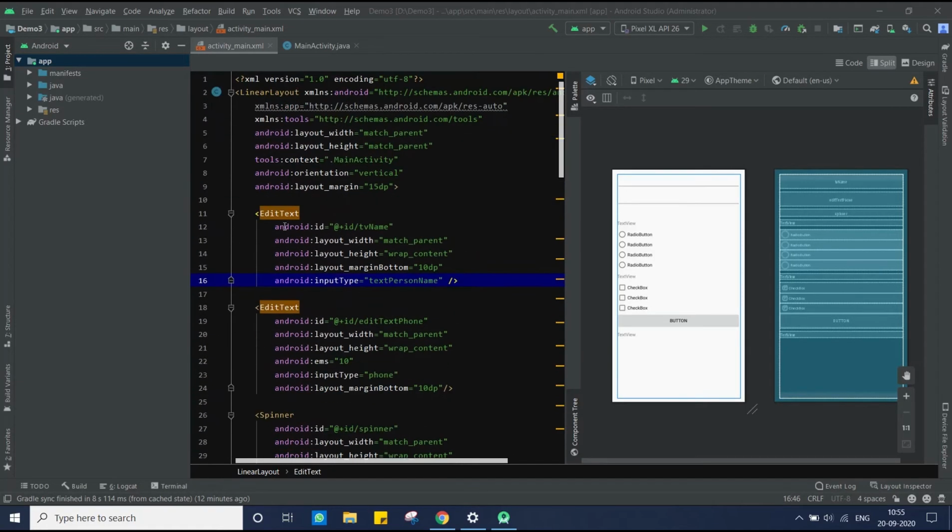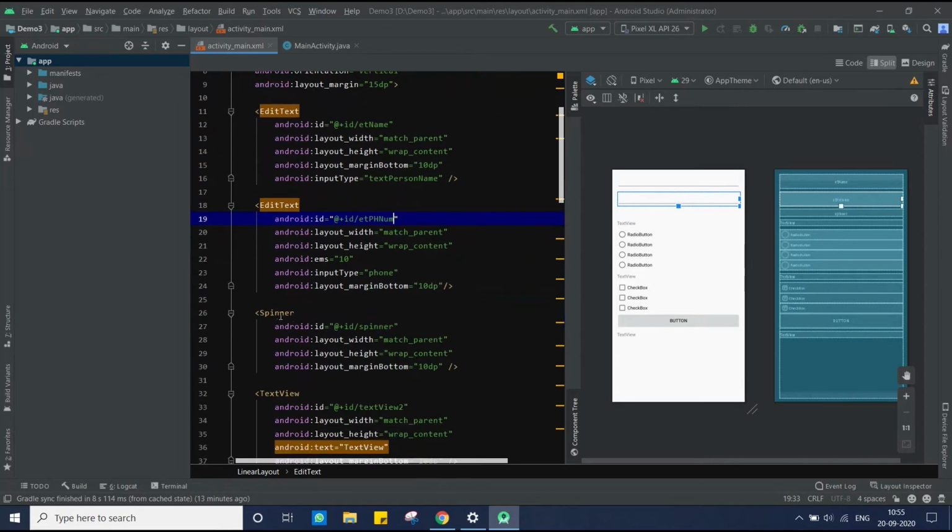Now we'll just see their IDs. Keep the ID in such a way that after seeing the ID you will know what this particular view is about. I have kept here ET name, then ET phone number, then comes the spinner.